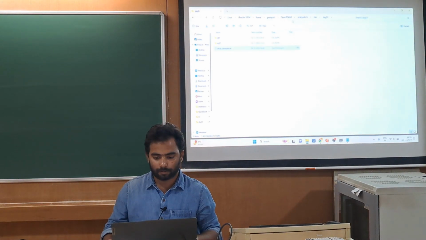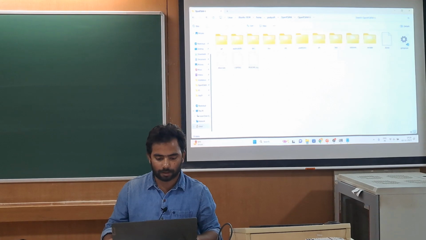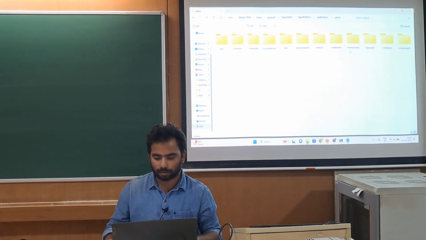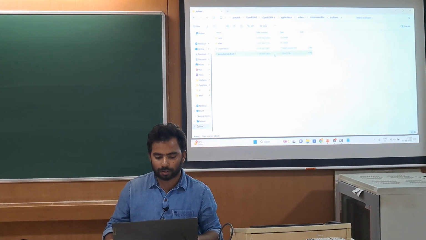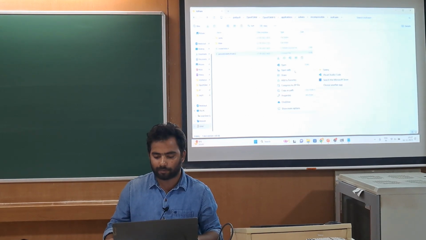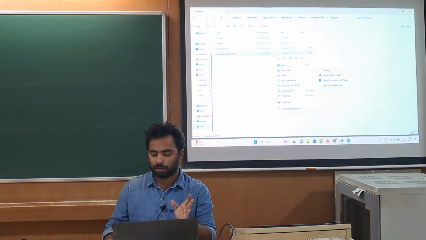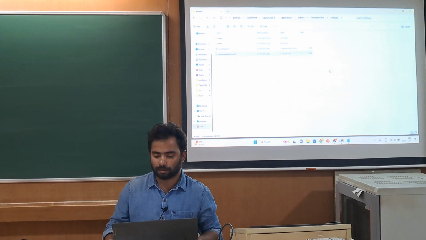Okay, I can also show from here. So go to the OpenFOAM 6 applications, solvers, incompressible, and you can see here the different solvers, and you can open this .C file using any editor. Okay, you might have Notepad, you can use Gedit editor.